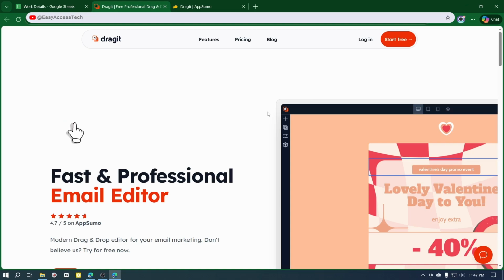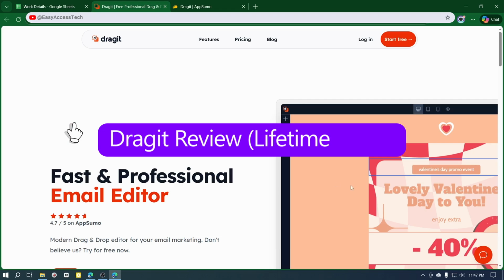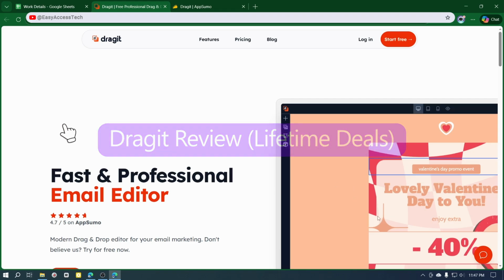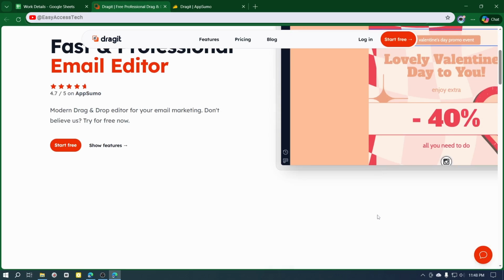If you want an easy tool to build beautiful emails and simple web pages, which is perfect for WordPress users, marketers, or small business owners, then Dragit might be a tool worth checking out. Dragit lets you design email templates or simple page layouts using just drag and drop, without requiring any HTML